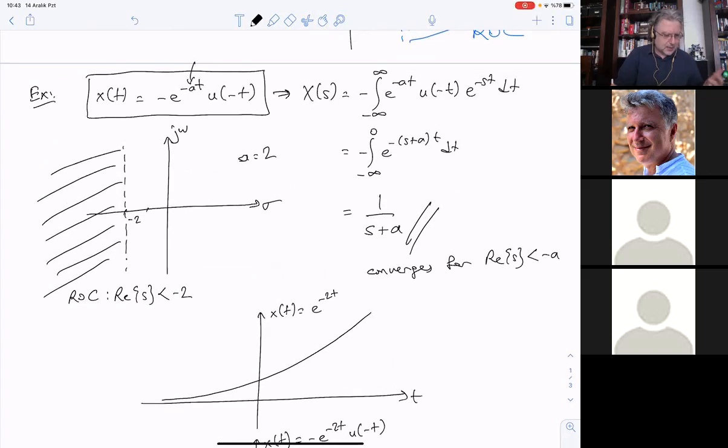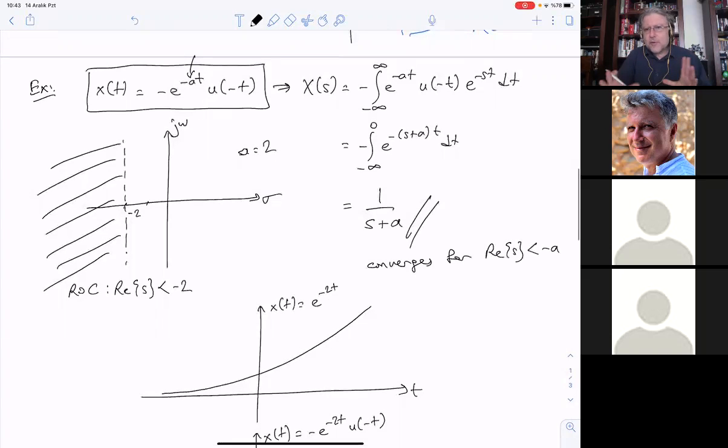According to my notes, it's minus a, but I'm not very much sure about that. But I can at least explain the situation in the region of convergence domain, which is the universal result that you will always be having. If the region of convergence, for this one, for instance, it seems to not contain the j omega axis, and if j omega axis is not included,